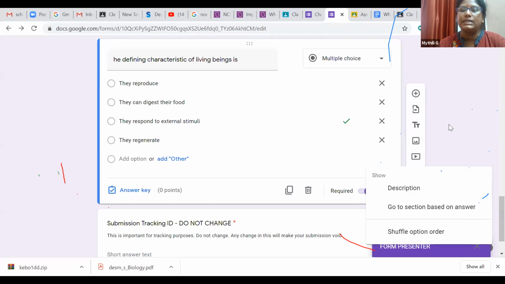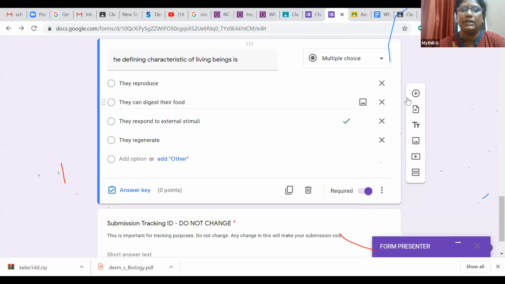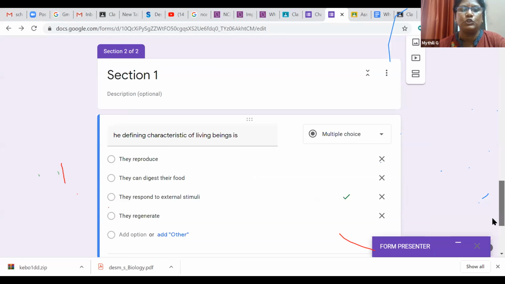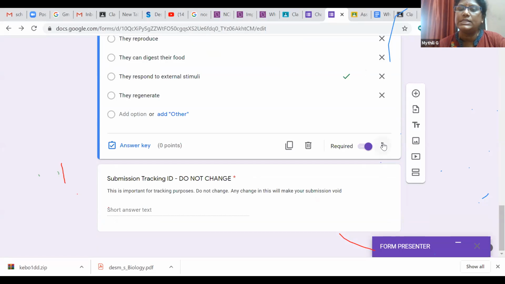So you can see this is the option here, as I created one multiple choice. Then you can see there is this question they have to answer. They cannot skip this question. So that means you can give, like, this purple color symbol and all. If it is on this right side, then the student must attempt this question. Without that, they cannot go.